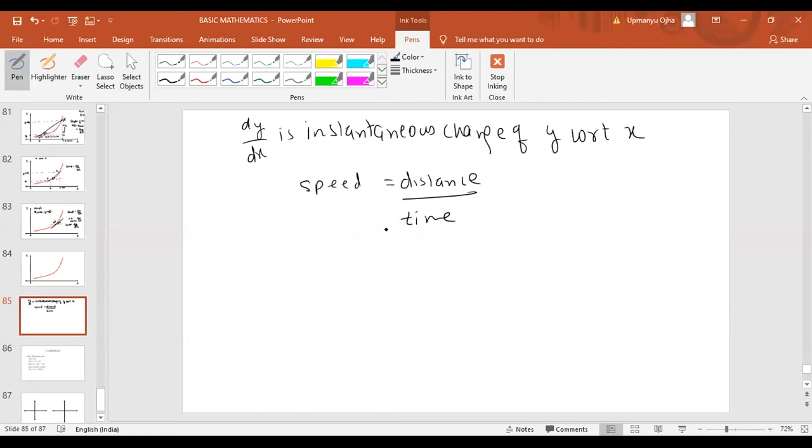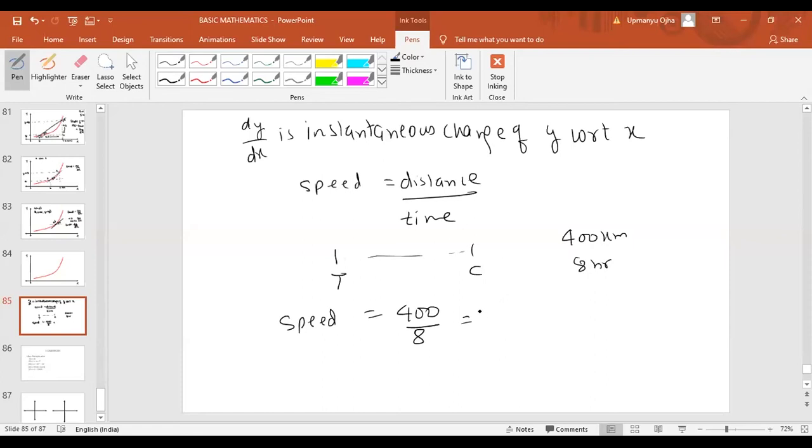Now if I tell you that from Trichy to Chennai, let us suppose the distance is 400 kilometers. It may be more than that, but I am assuming that it is 400 kilometers. And you take 8 hours to reach Chennai from Trichy. Then can you tell me what is the speed of this vehicle? That would be equal to distance, that is 400 by 8. That will come as how much? 400 by 8.